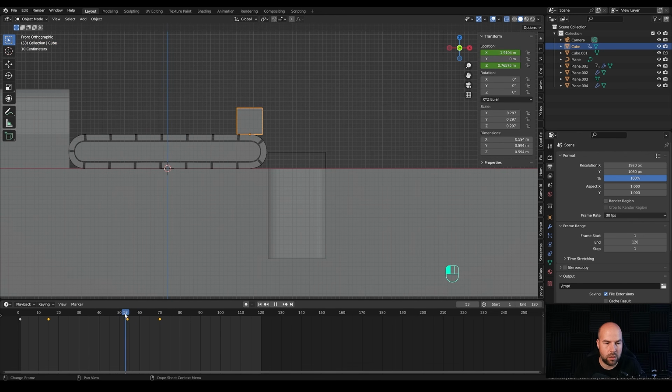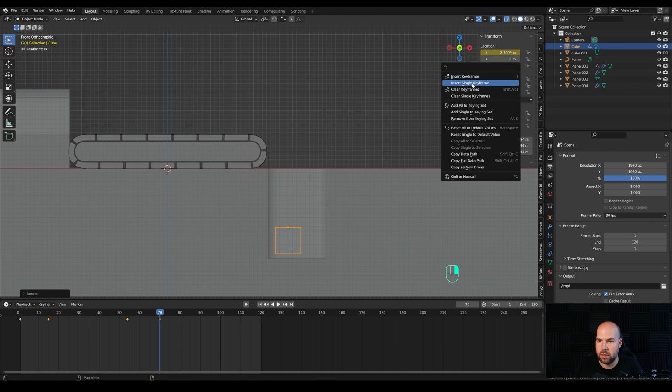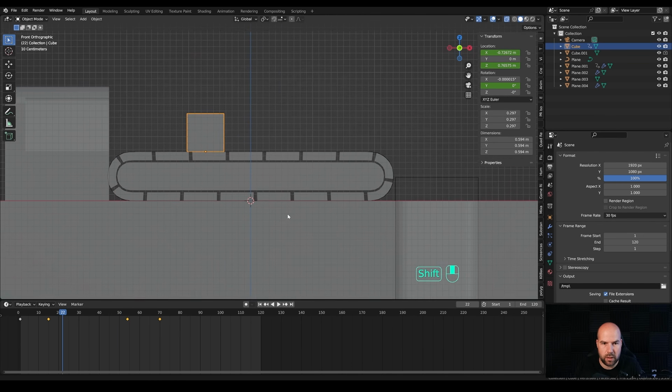So let's go to the frame 54 again, or whatever frame you have, and in the rotation panel let's right click and insert single keyframe for the Y rotation, and right here we'll rotate it like this, so at least like 180. You can basically insert 180 exactly and right click and insert single keyframe, so the box will do a thing like this. And now it's all about timings, so let's move like this.